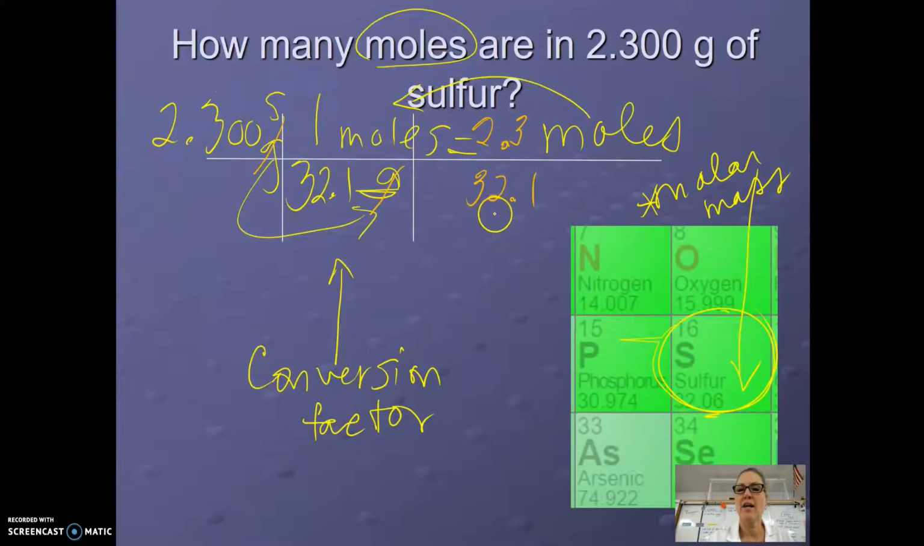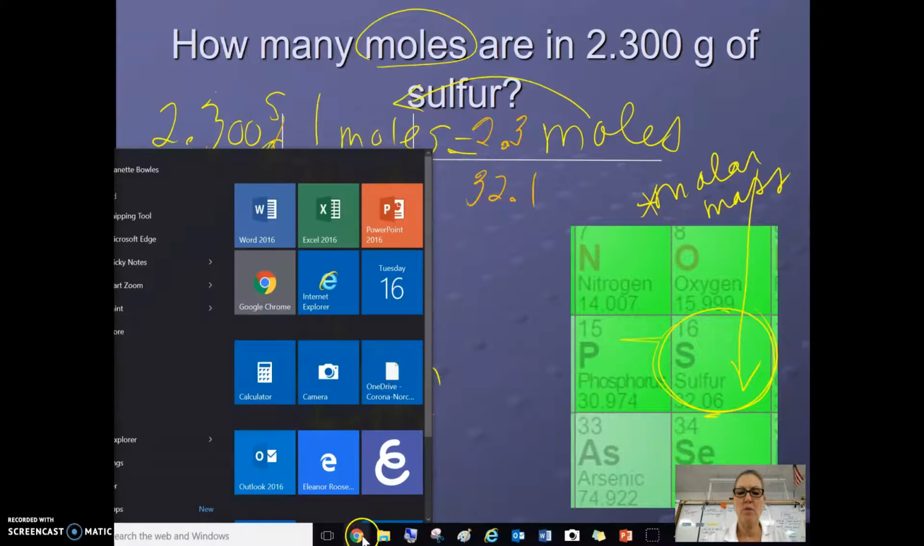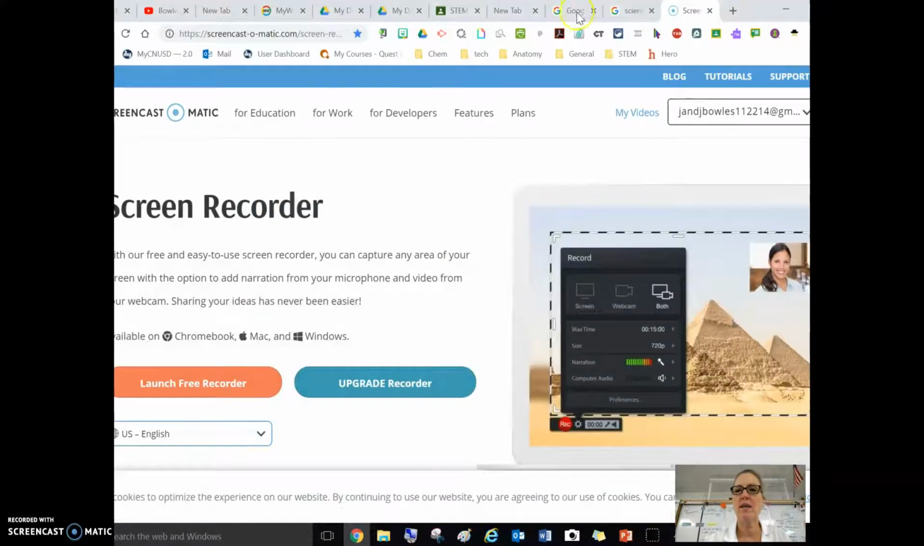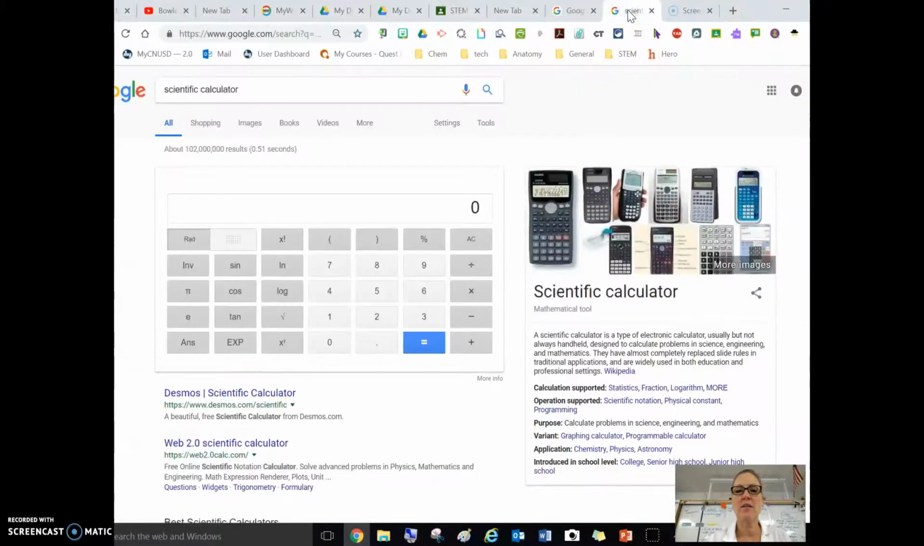So my answer is going to be 2.3 divided by 32.1. In order to do that, I'm going to go to my handy dandy calculator and do the math. So 2.3 divided by 32.1. Let me go to my scientific calculator. And I have 2.3 divided by 32.1, and the answer will be